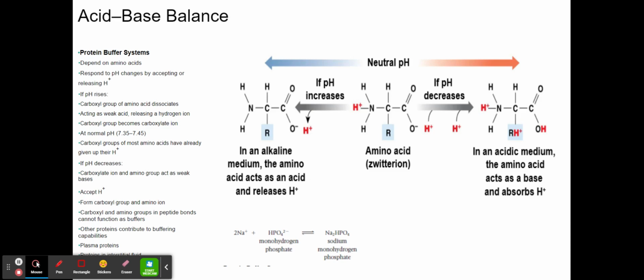the ICF. For example, when the pH of the ECF decreases, cells pump hydrogen out of the ECF and into the ICF, where intracellular proteins can buffer them. When the pH of the ECF increases, pumps in plasma membranes move hydrogen out of the ICF and into the ECF. These mechanisms can assist in buffering the pH of the ECF, but the process is slow. Hydrogen ions must be individually transported across the plasma membrane. For this reason, the protein buffer system in most cells cannot make rapid, large-scale adjustments in the pH of the